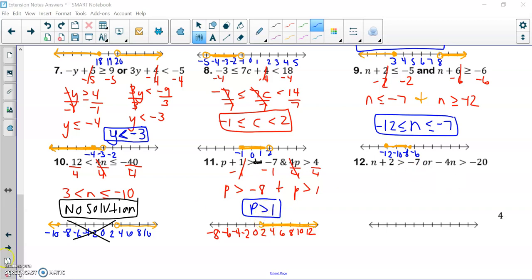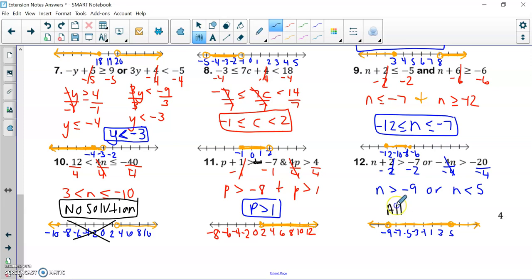I'm going to have you try number 12 on your own. Since this is an or inequality and all my shaded region covers the whole span of the number,